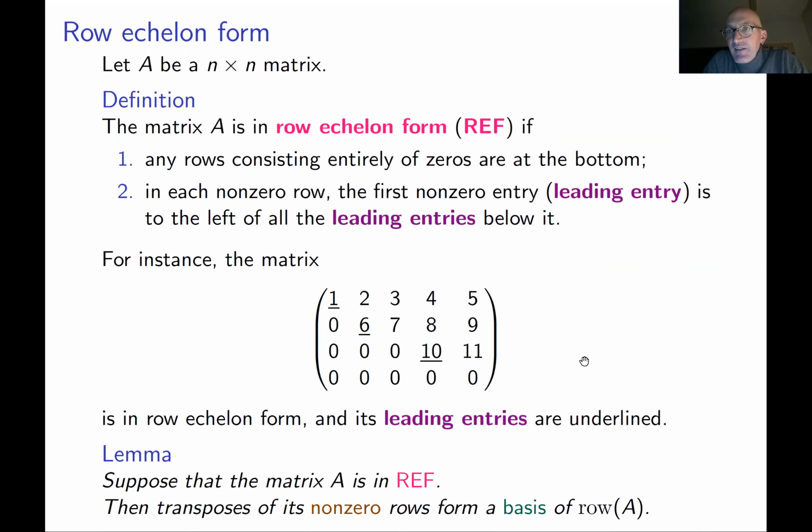Of course, in this case, if you have a 0 row, it's just a 0 vector. You don't even need to consider it when you take a span. So the span of rows of this, for example, matrix is the same as the span of the first 3 non-zero rows. But when a matrix is in the row echelon form, you also know that these rows are linearly independent. So if you have a spanning set which consists of linearly independent vectors, these vectors form a basis